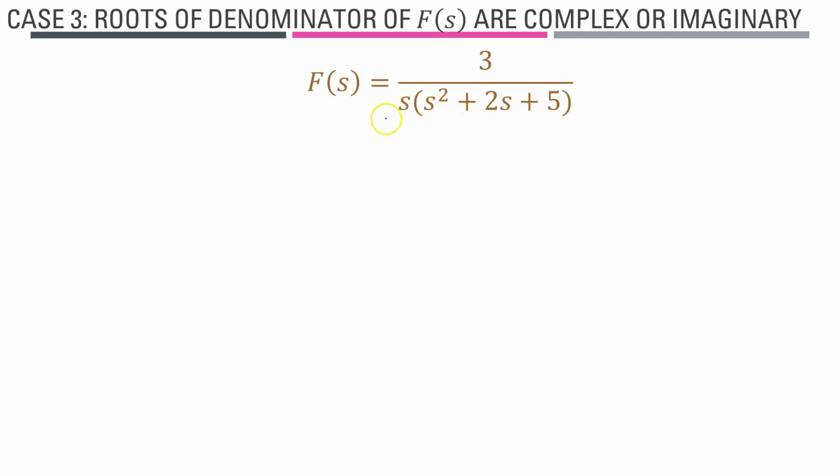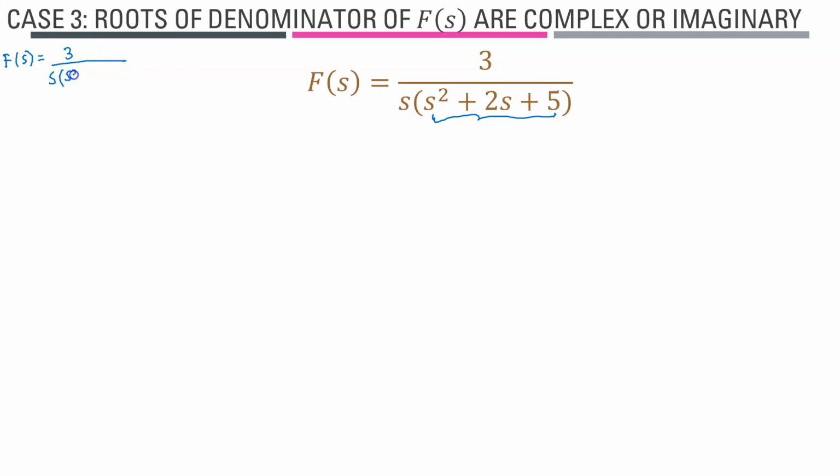For example, let's say you are given this equation. So this is the complex part. If you try to solve this, you will get the complex roots or the imaginary roots. So the first thing to do is similar to before. You write down F(s) equals